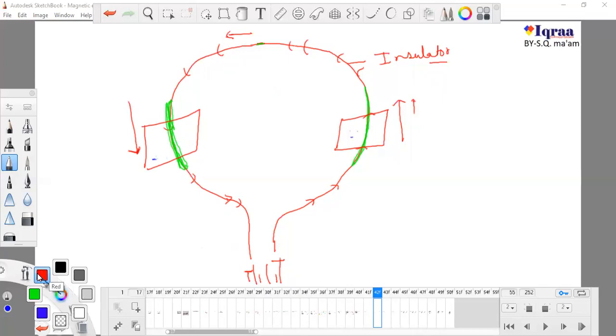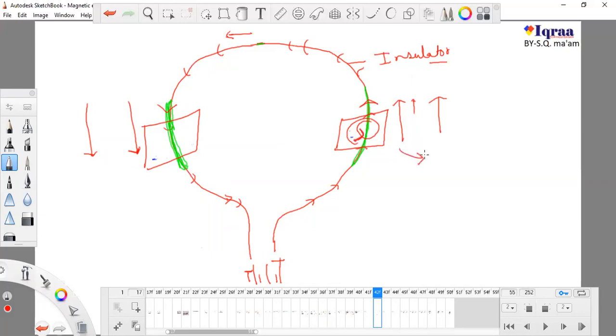Now the most important thing is to see the direction of flow. The direction of flow is this direction in this case and this direction in this case. Both of them will form magnetic field lines. Definitely, if there is a direction of current, there is a magnetic field line. So how do the magnetic field lines originate? In this case, the magnetic field lines originate like this, in this direction, and in this case they form a magnetic field line in this direction.